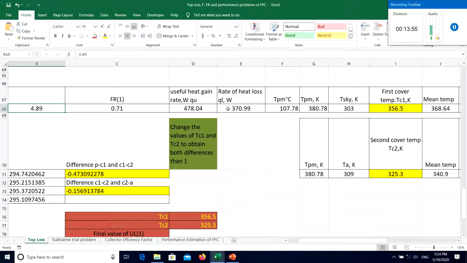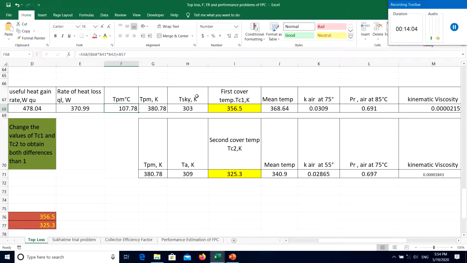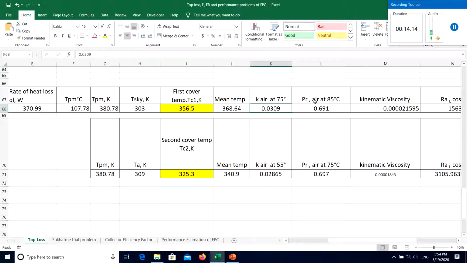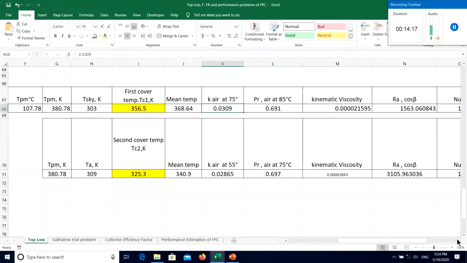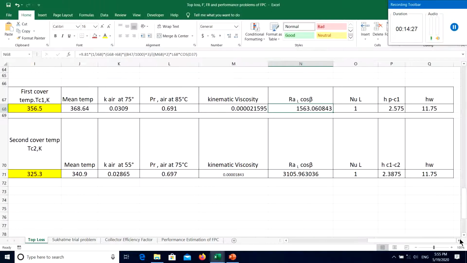Then QU is calculated here, Q loss is calculated, TPM we can calculate here, and then T sky is known, first cover temperature, this is the assumed temperature initially, then mean temperature, K thermal conductivity of air is read as this, then Prandtl number corresponding to 85 degrees Celsius, kinematic viscosity is read here, then RAL, cos beta is evaluated here,